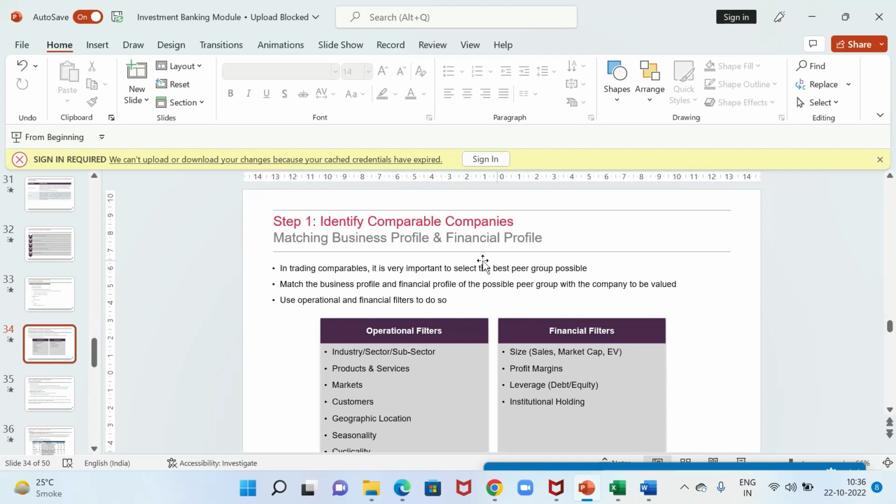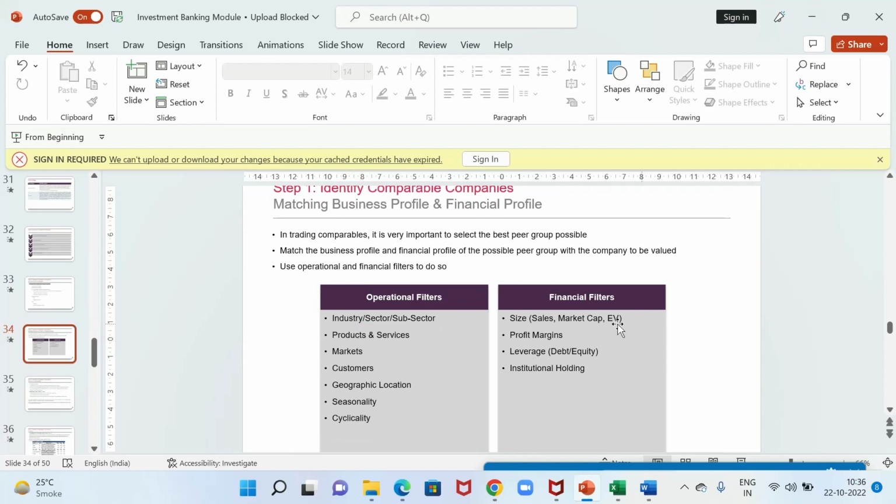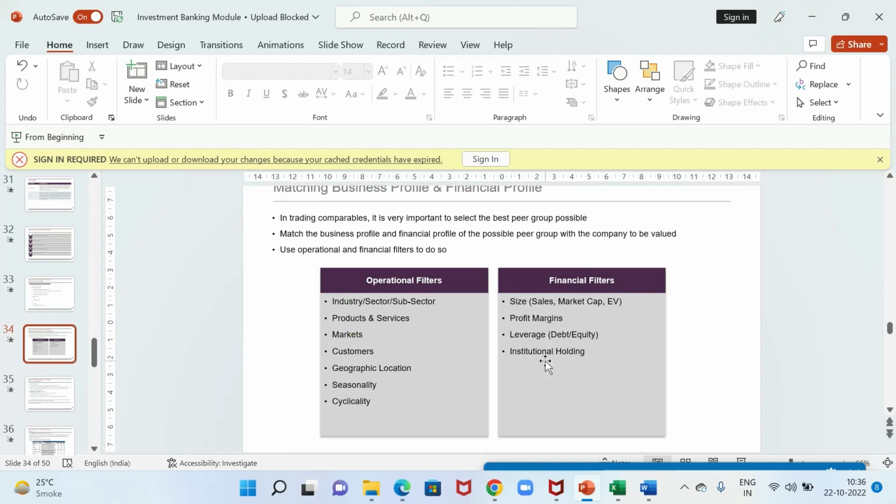Identify comparable companies. These are the operational as well as financial filters that we may apply to a database. So it's like, if you go to Myntra and you need to procure something for kids, you will search kids. Within that, you will say, is it an infant, is it a boy or a girl? Then you will further filter the age of it. Then you further filter the size or the product that you want.